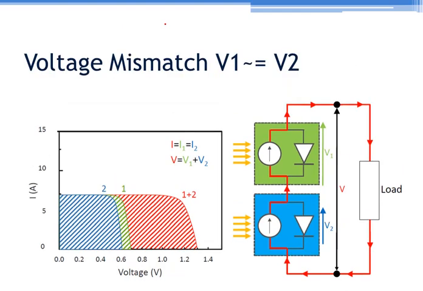Now second is, if we use two solar cells which have a mismatch. For example, the first solar cell is of a different material and the second solar cell is of a different material. So their open circuit voltage will have a different rating. So here you can see that if the first one has a different rating, 0.6 or 0.7 volt, and another has a higher voltage, then your actual voltage will not be a fixed voltage. So the voltage will be dependent on the kind of material which is used. So here a voltage mismatch is there.